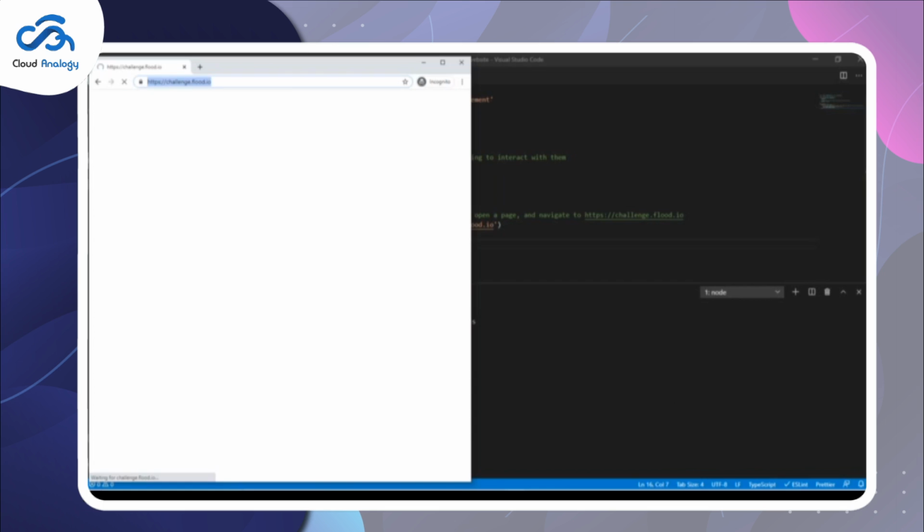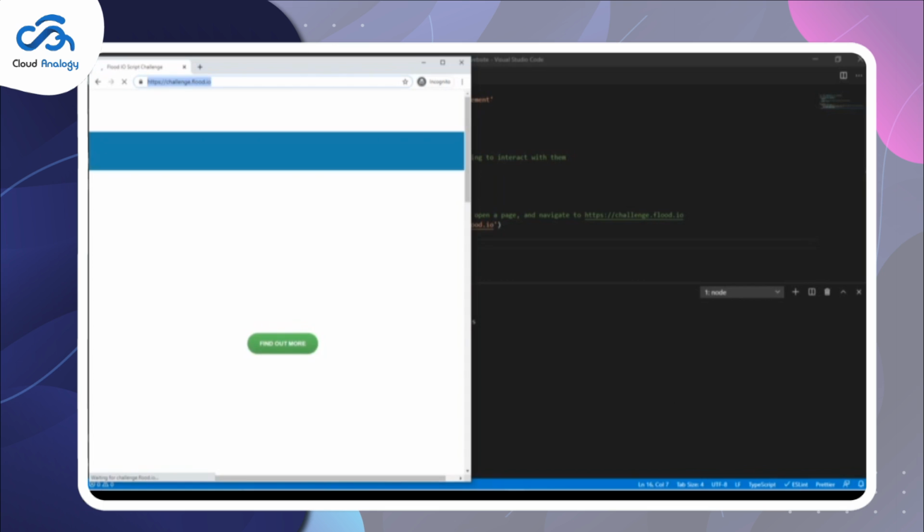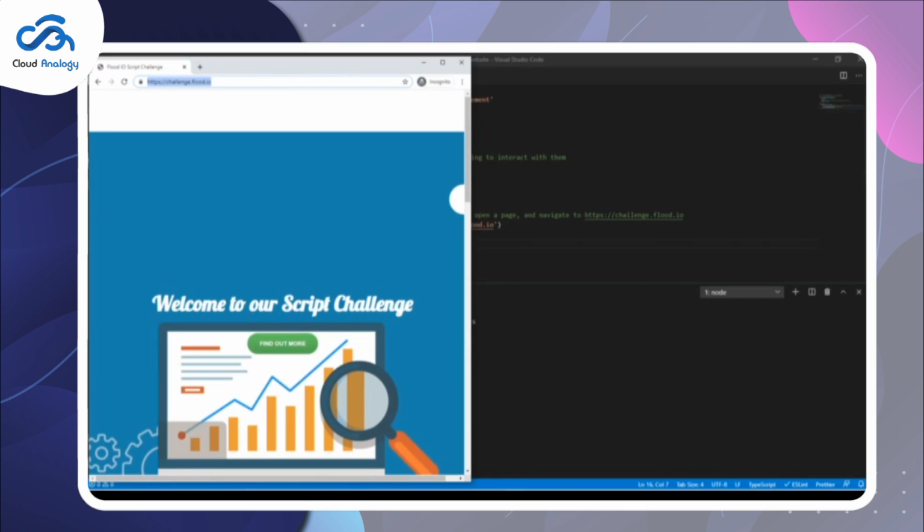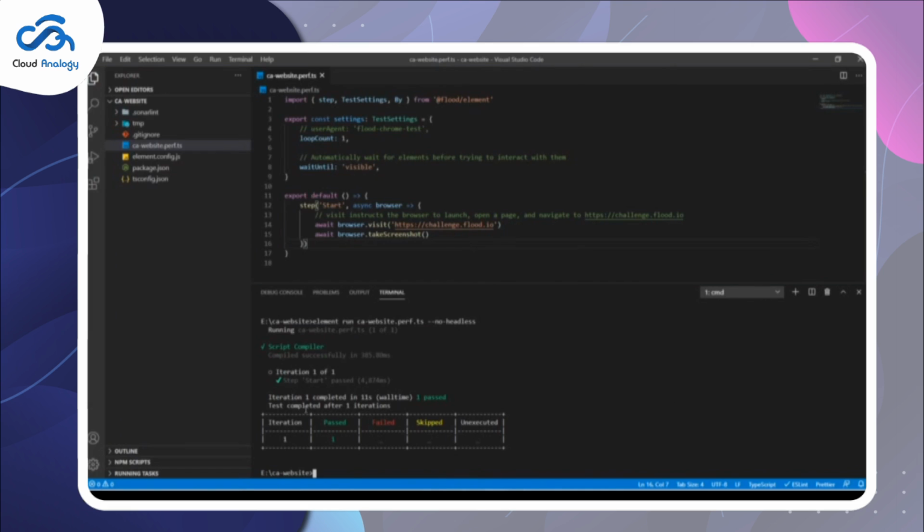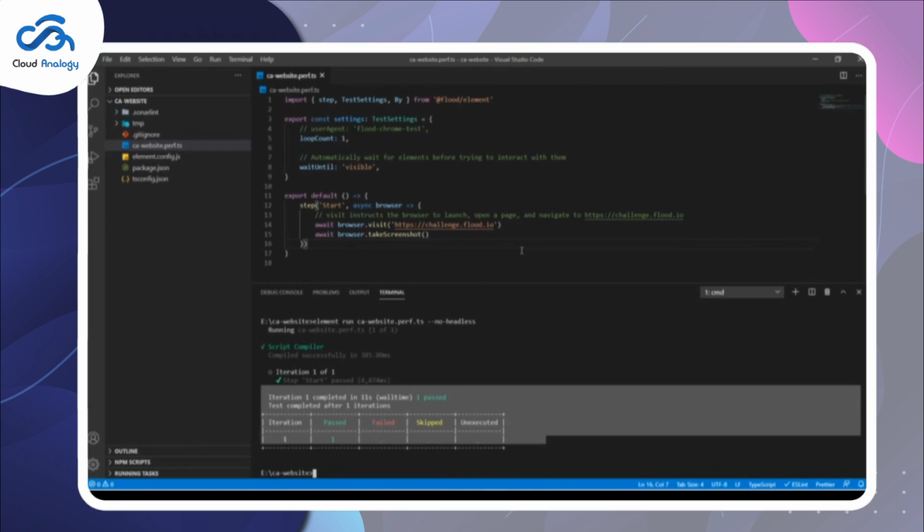See, this opened the Chromium browser here and redirected to that particular URL which is posted there. So that's all we are going to do for the CA website. And once done, you can see the expected output, the result in that. So let's go and start for the Cloudology login website. So what I need to change,